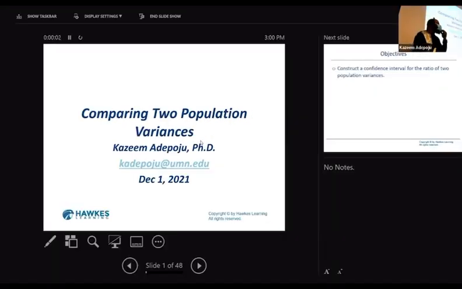Now, the second lecture of the day. We have two populations and we want to compare variances, just like what we did the other time when we were comparing means. We were comparing proportions, but right now, we are actually comparing variances, or you want to compare the standard deviation. Before I start this topic, I want to tell you this. In algebra, because let me tell you this, in